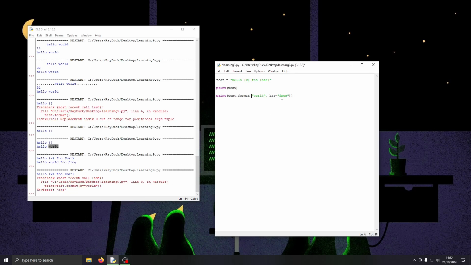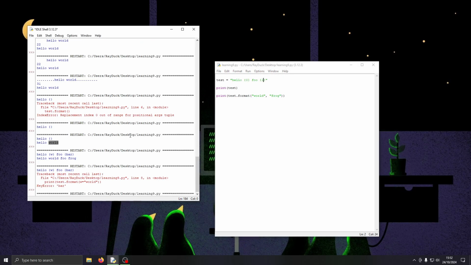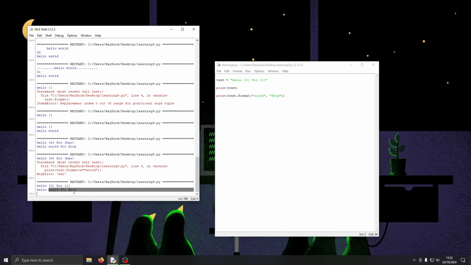So if I just go back to world and frog, I can also just put indexes in here, as in numbers. So if whatever was formatted in here, I kind of wanted it in a different order for whatever reason. I'll explain why this is useful later. Start counting from 0. It defaults just to this, so you can see it just puts them like this. But then also, if I want to reverse the order of these,